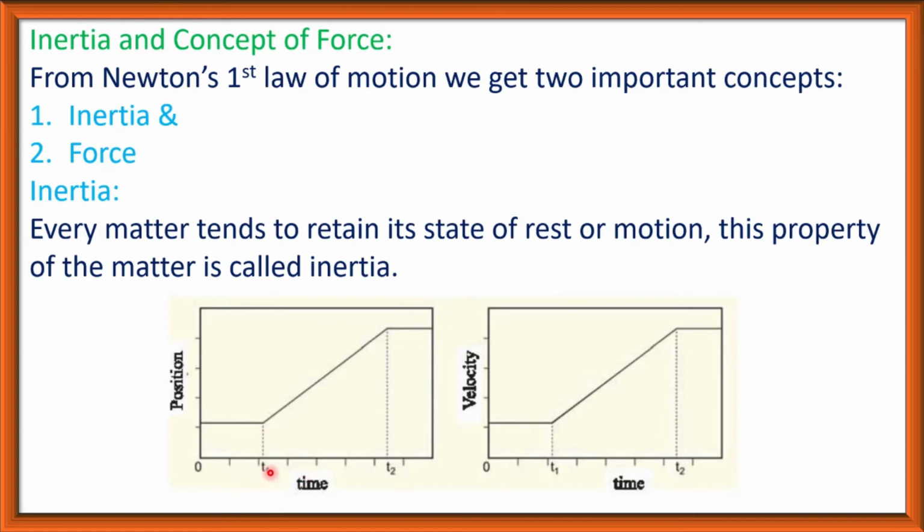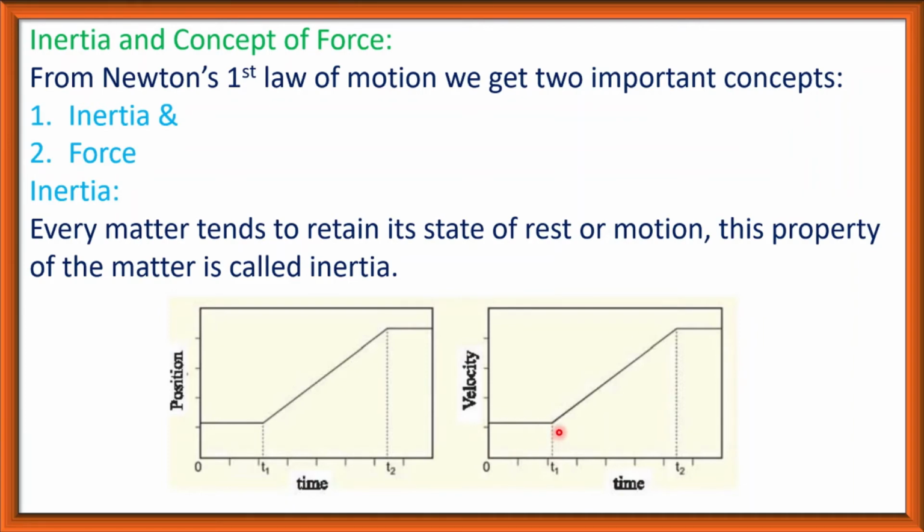But at t1 the force is applied for a moment and the resting body starts to move, and at t2 force is applied to stop the body. So force is applied at t = t1 and at t = t2. At these two times only force is applied, otherwise there is no force. But in the velocity versus time graph, from 0 to t1 there is no change in velocity,